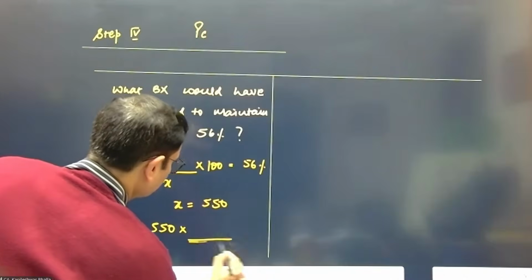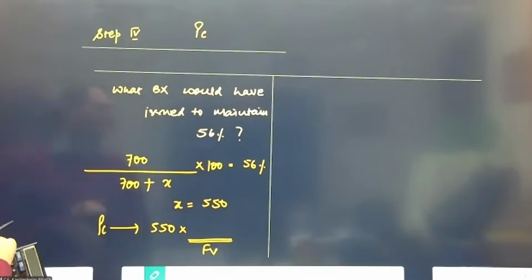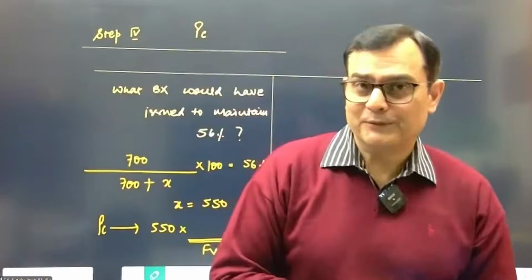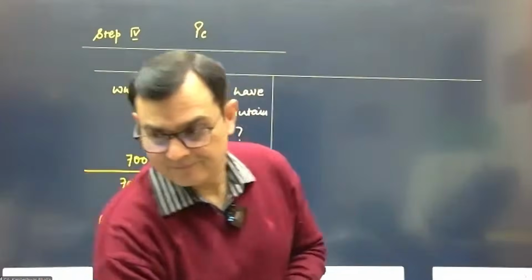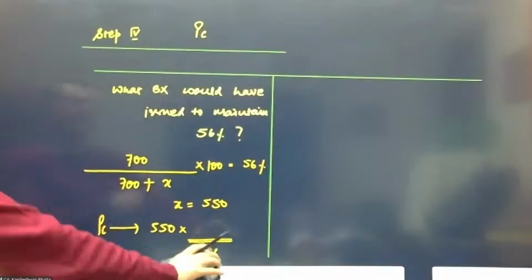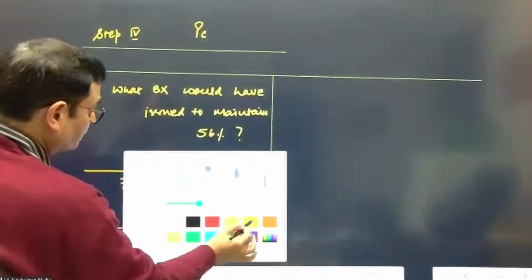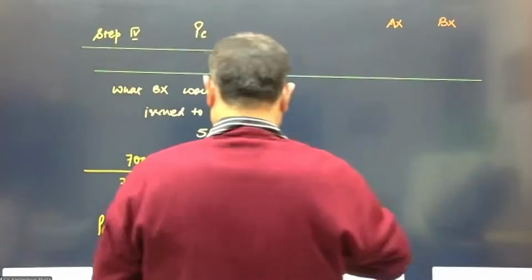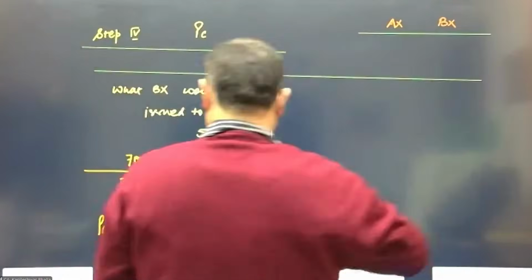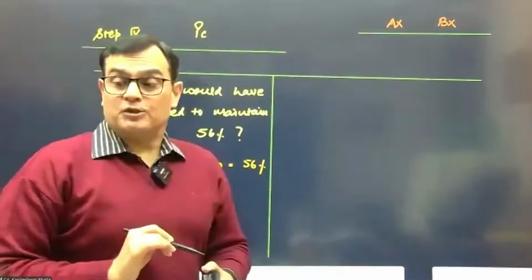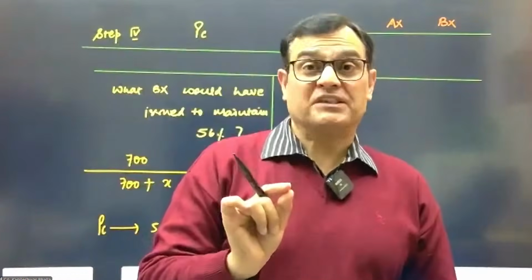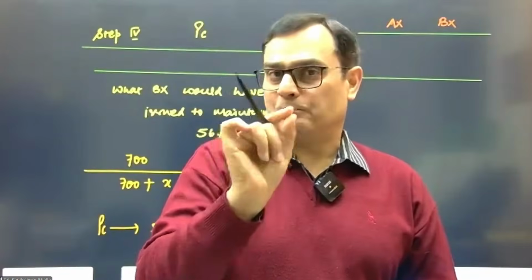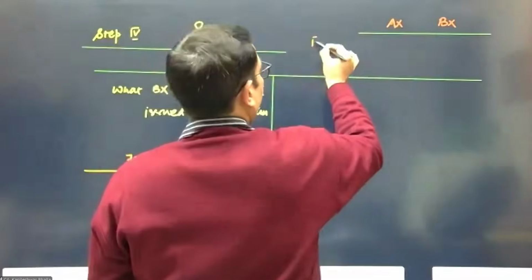Can I say we need what? The fair value of the share? And do we have the fair value of the shares? Directly no. So tell me, how are you going to get the fair value? How will we derive the fair value of the shares for AX as well as BX? Okay, I'll tell you that. Can I say we have the fair value of the business? We can divide the fair value of the business by the number of shares to get the fair value per share. So we know the fair value of the business.